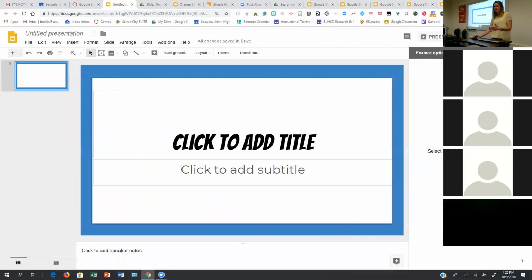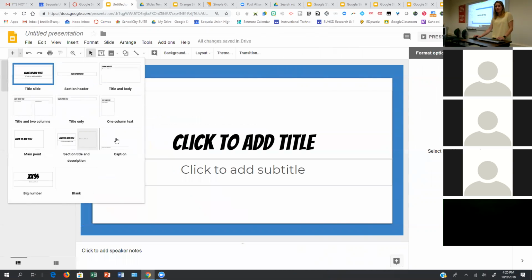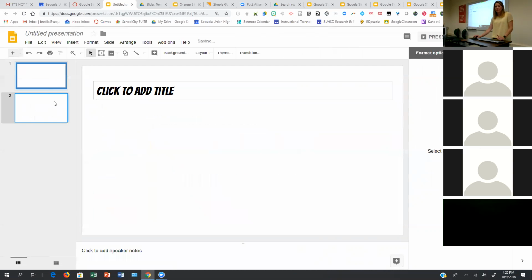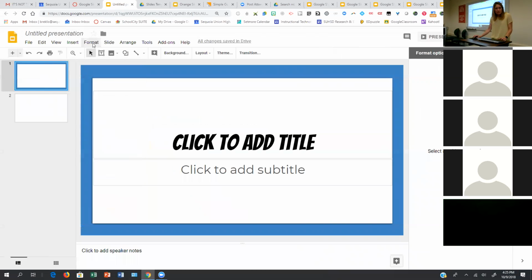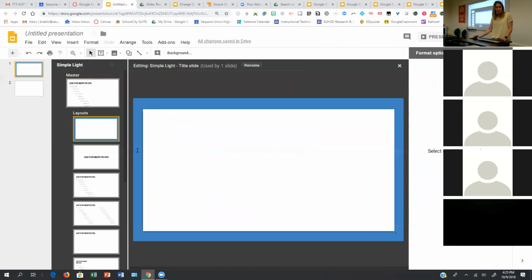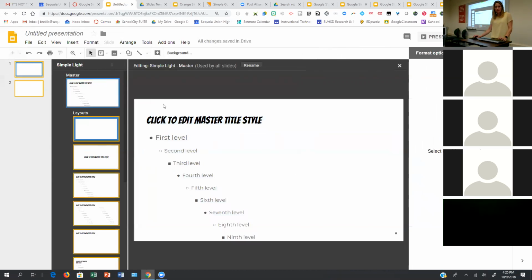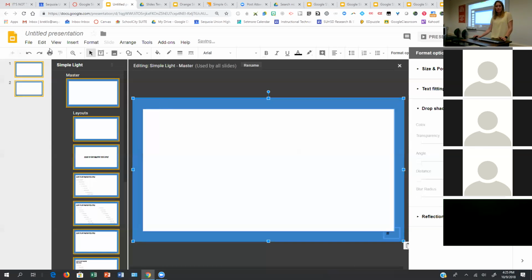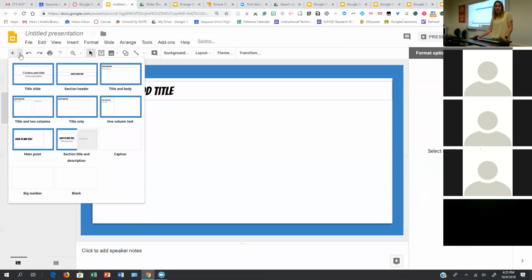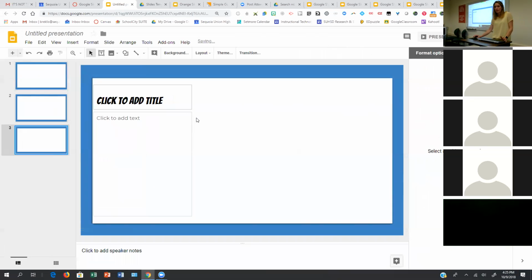So when we click out here, now you can see that the title is in that different font and the subtitle is not. And then if you go to your slide layouts, it gives you all the different layouts, but with your font. Oh, I need to. So I'm going to select all of this, copy it, and I'm going to paste it to this one too. Now, no matter what I add, it's going to maintain that same outline.